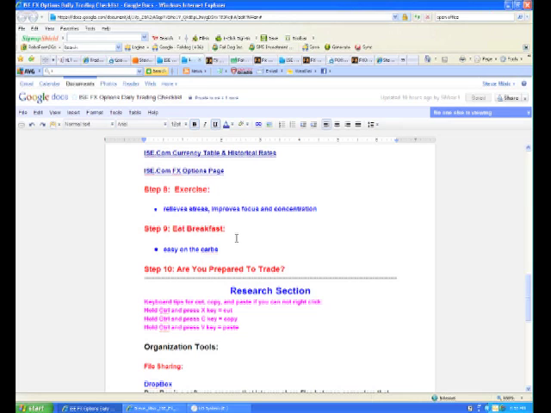And are you prepared to trade? Step number 10. Now that's the daily checklist that if you go through this routine on a regular basis, you should be prepared for any kind of situation trading your options. And it's prepared specifically for ISE FX options with links to the places where you're going to need to get information.